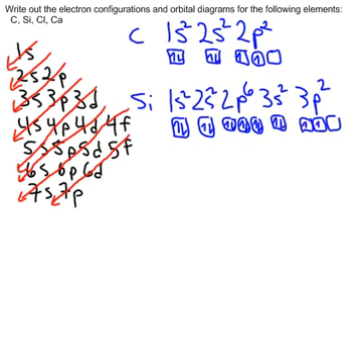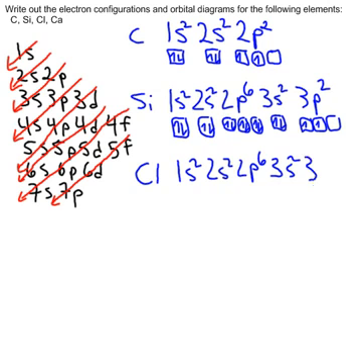So note the similarity in their configurations. The only difference is carbon's last electrons are in the 2p orbital, and silicon's last 2 are in the 3p orbital. So very similar, and they are in the same group. Chlorine has 17 electrons, so this will be 3 more than silicon. 2, 2, 6, 2, which is a total of 12, and so we need 5 more,